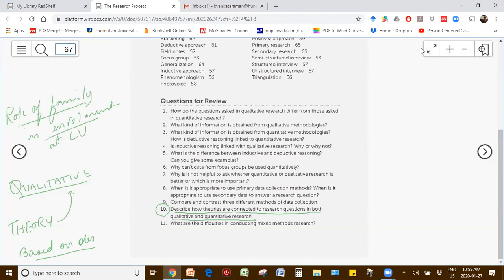Okay, and you end up with a bunch of different information, and then as Connie says, you create the theory, and then you have to relate it to the question. So how is the theory related to the question in qualitative research?